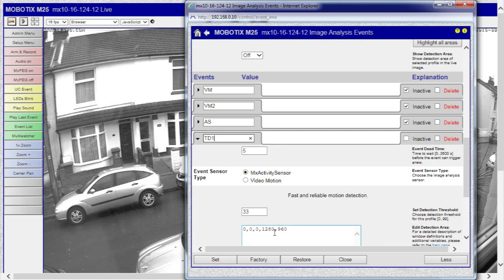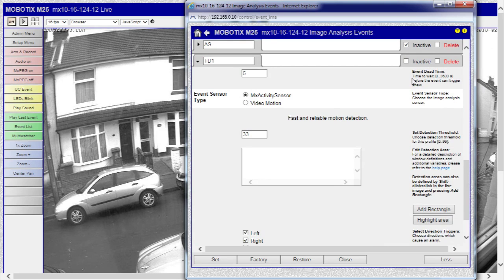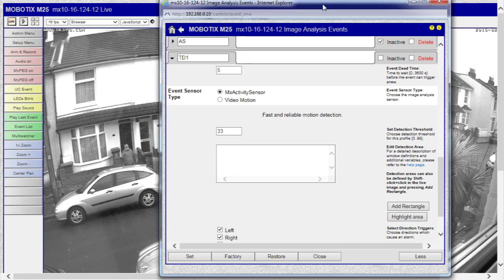Now delete the values for the default motion window. The default motion window is effectively the full camera screen. Here we want to concentrate on an area of interest. Drag the control window to one side,